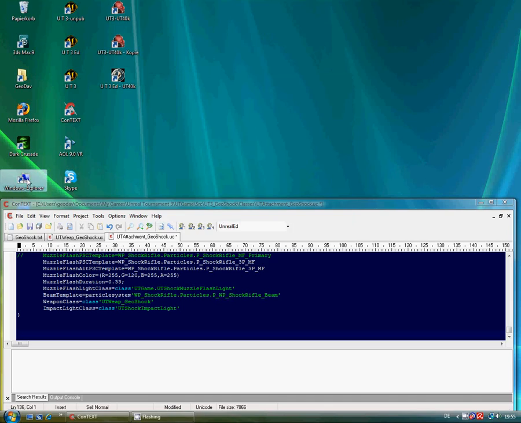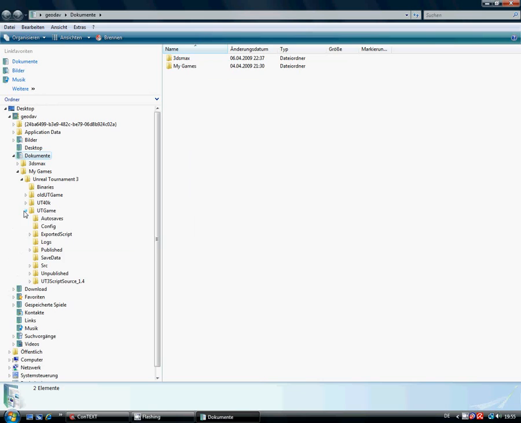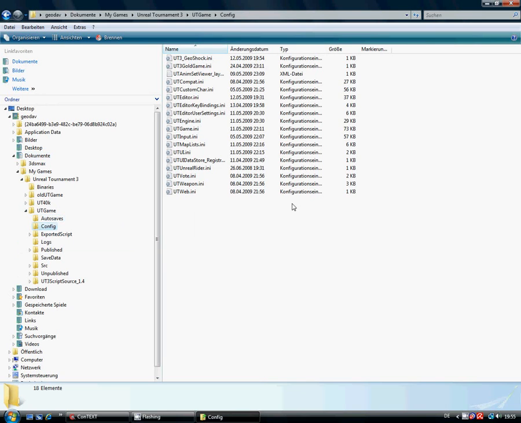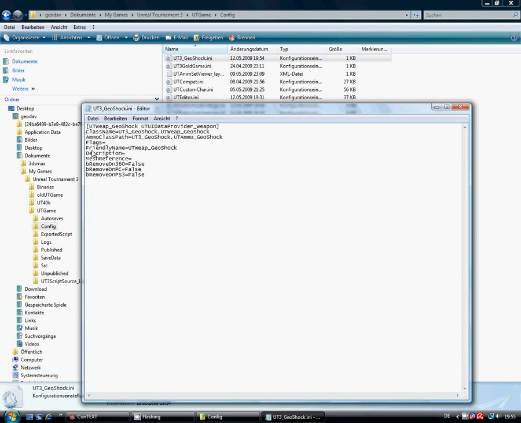Let's open my Explorer again. Maximize that out. Go into, here we go. No, not all the saves. Now where is it? There we go, right at the top. UT3 GeoShock ini file. Now if we open this, it tells you wonderful little things like the class name, the ammo class path, flags, friendly username, well we'll just shorten that to GeoShock,